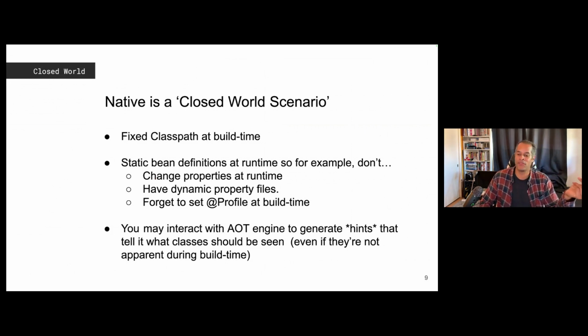You can interact with AOT for things that are not currently seen by the class path, or things that are not obviously exposed to the class path. You will be able to generate AOT hints that say, here's how to get to a particular class, or here's that data class that I have, here's the source to it, here's the place that it exists, so that you can send it to Jackson, so that Jackson can interpret it and turn it into a YAML or something like that. I'm just kidding. It wouldn't be a YAML. It would have to definitely be a JSON file, I hope, but not XML.